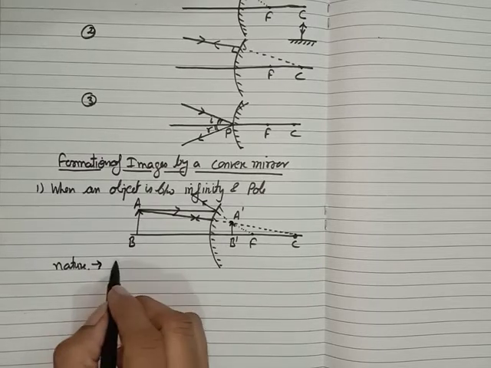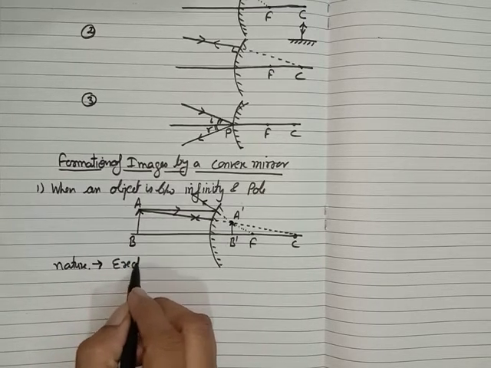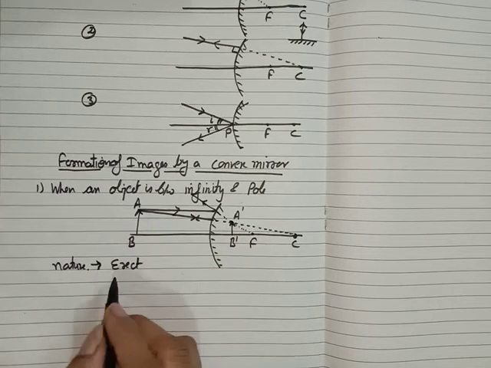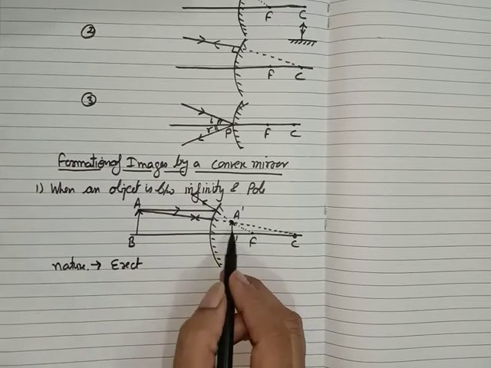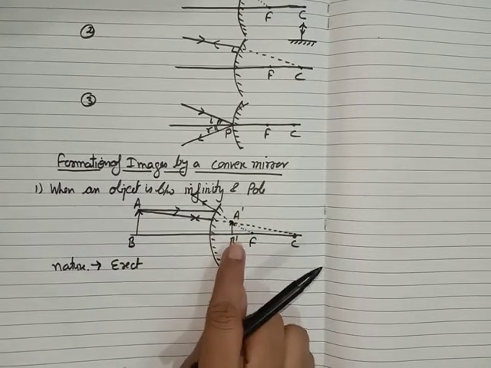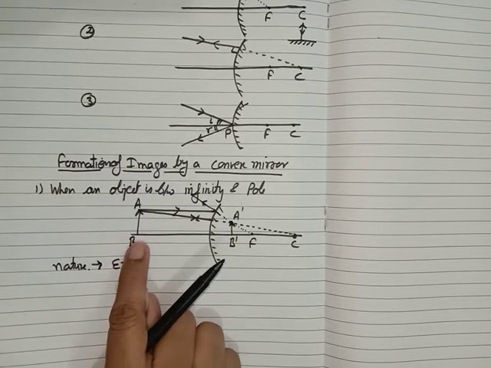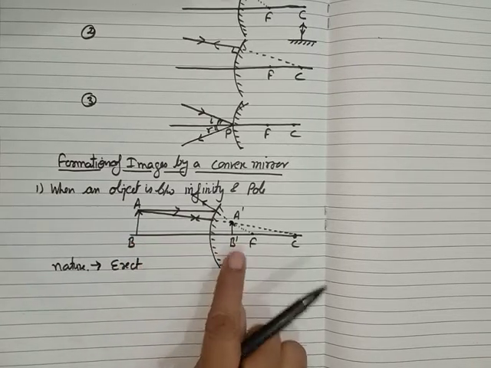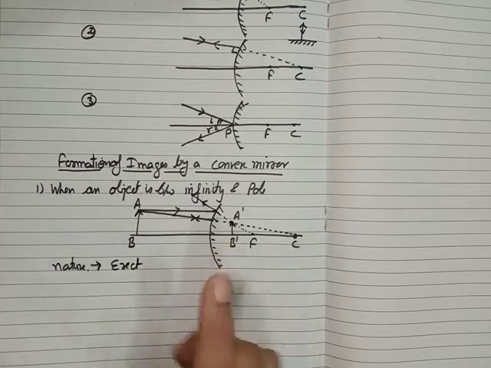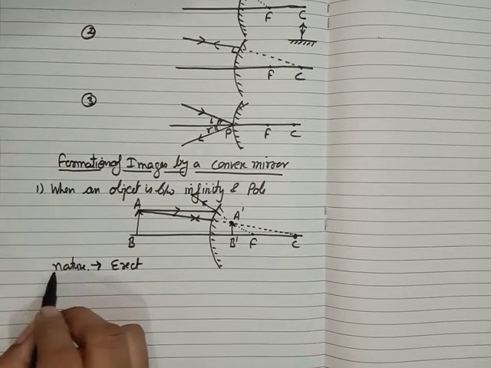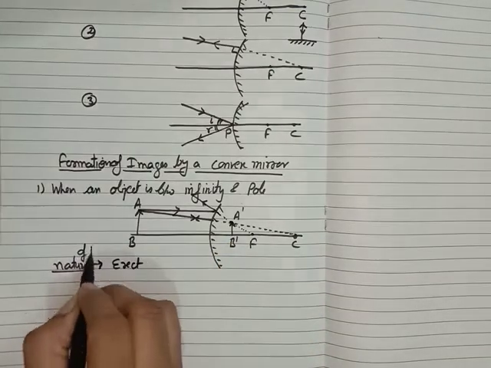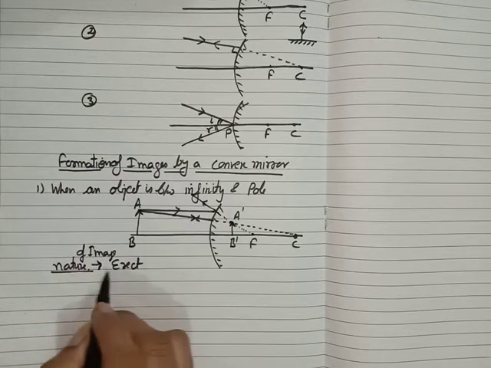Nature of image. First, it is erect. Erect means it is upright. Second, this image is always smaller than the object. This is smaller than the object, so we can say the image is smaller. This is the nature of image: erect,